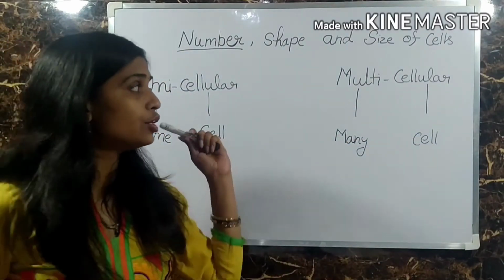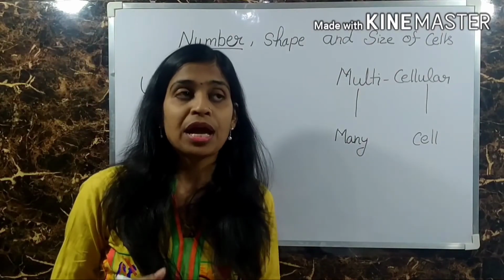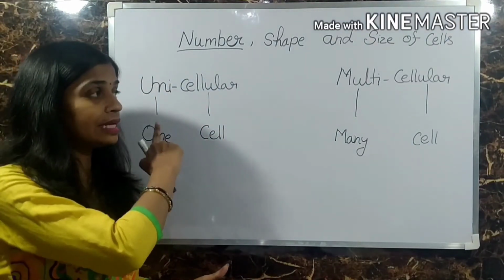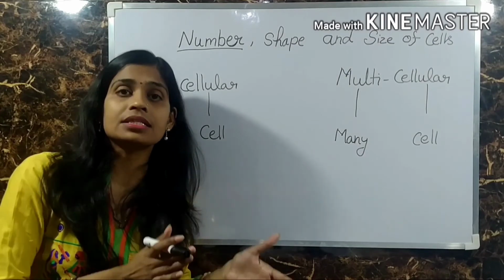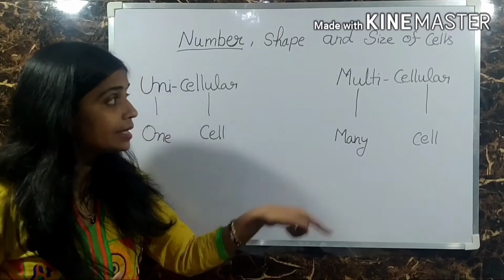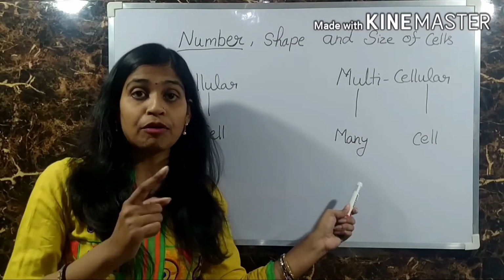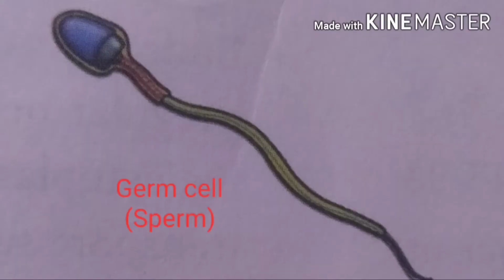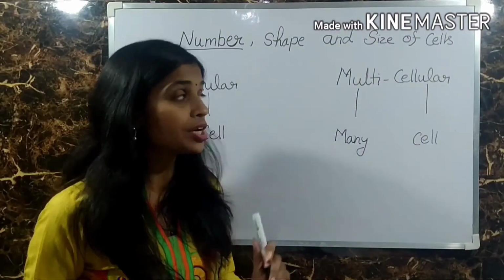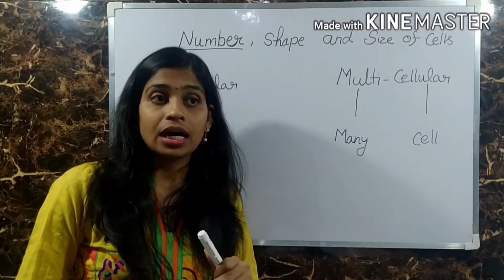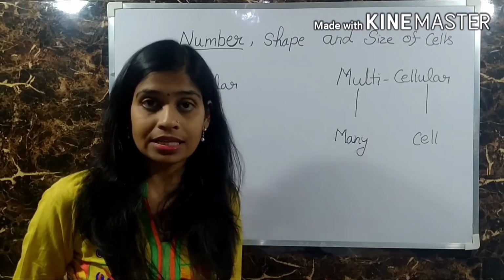Another difference between unicellular and multicellular organisms is reproduction. In unicellular organisms, reproduction takes place in a single cell, whereas in multicellular organisms, reproduction is performed by specific cells called germ cells. They perform the reproduction in multicellular organisms, and the other cells, called somatic cells, remain